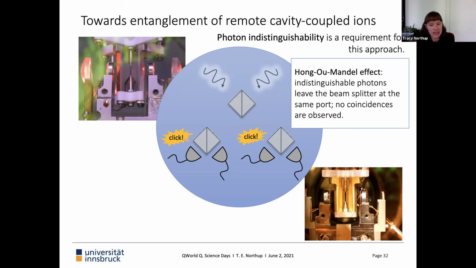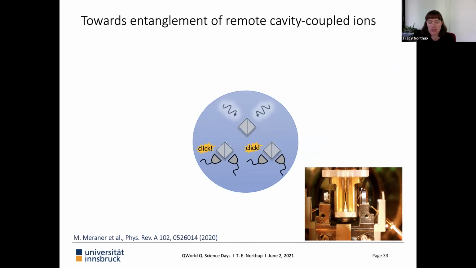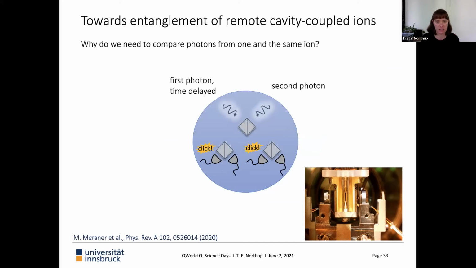So we've tested that first with photons from the same cavity. Here we're focusing now on the system on the lower right-hand side, and we use it to generate a train of 2 photons. Again, this is work done in Ben Lanyon's team. The first photon is generated and then time delayed so that it arrives at the beam splitter at the same time as the second photon. And we use that to help us analyze: are these really indistinguishable?